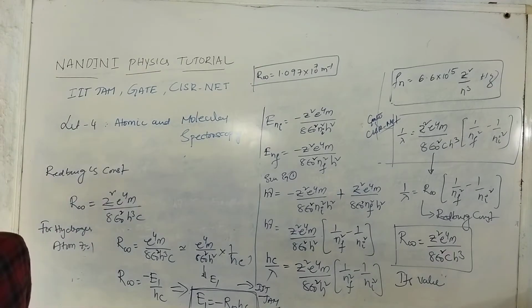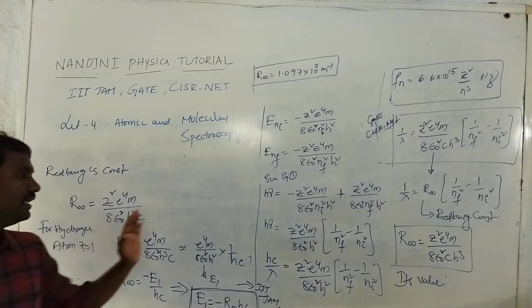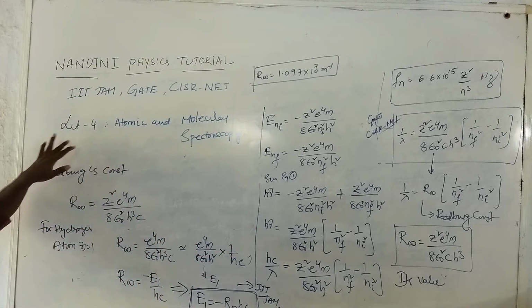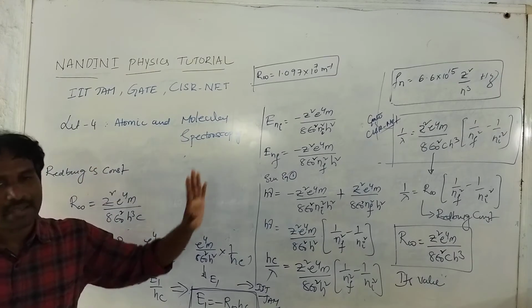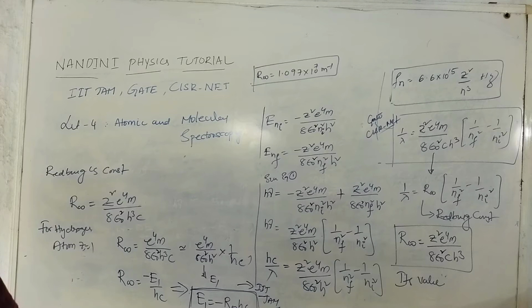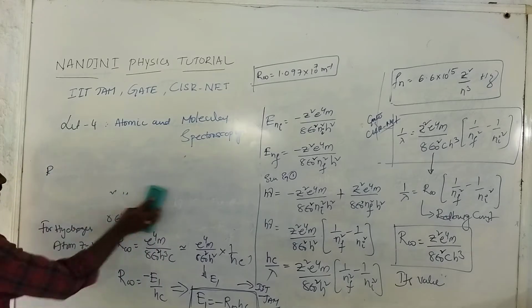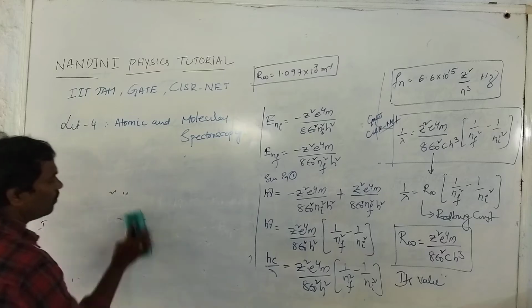Next, I want to find out this Rydberg constant in the case of finite masses. This theory is actually for infinite mass. Consider if we take a finite nuclear mass, what will happen to the Rydberg constant? I hope everyone understands what I am saying.